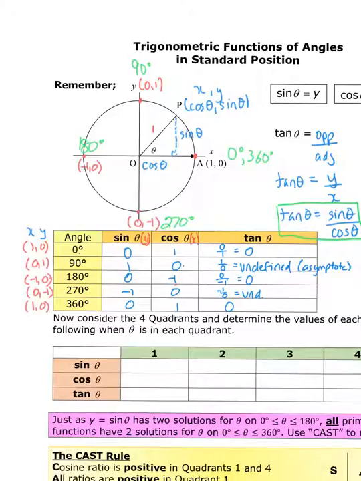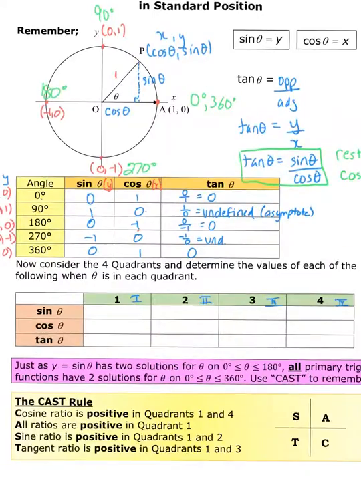So we just found values for sine, cos, and tan for angles that lie on the arms of the axes, all without a calculator. So this could be on the non-calculator part of the test. Next, we're going to look at what happens when angles fall in between the axes. So we are going to look at each quadrant at a time. So first we will look at quadrant 1,